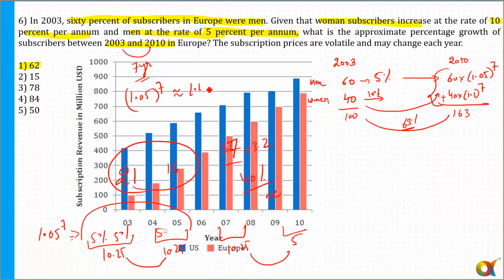Is that clear to all of you? How I have done the calculations? Tell me. And what is 60 into 1.41? 14 6s are 84, approximately 85. So 60 into 1.05 raised to power 7 is equal to 85. You'll be needing such type of calculations in the IIFT or in a paper where the calculator will not be provided to you. 85.